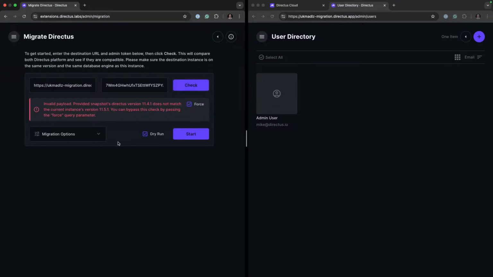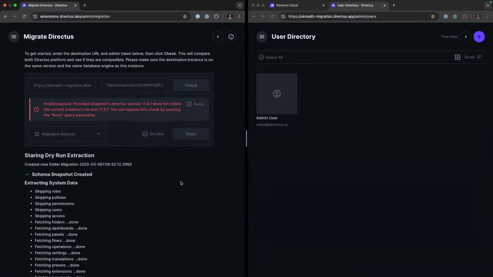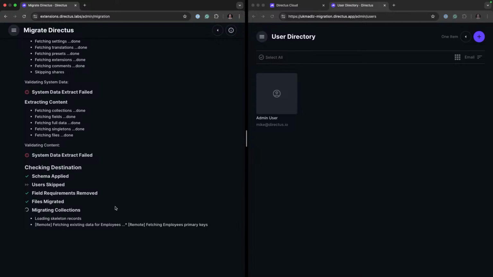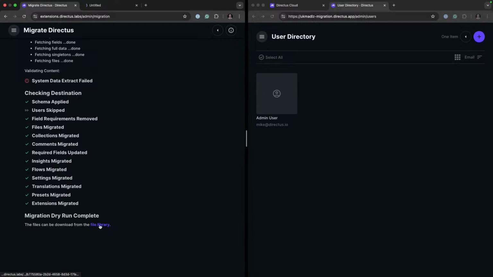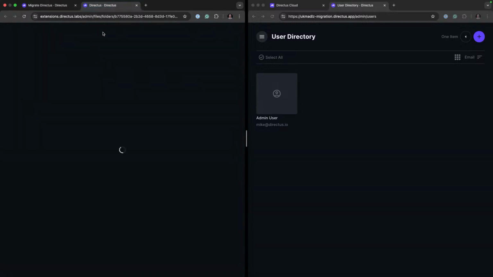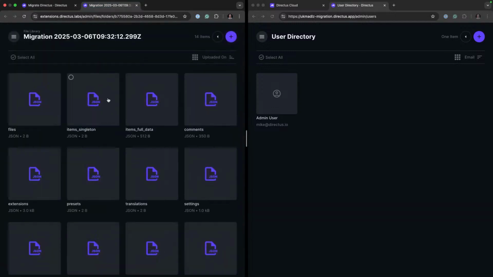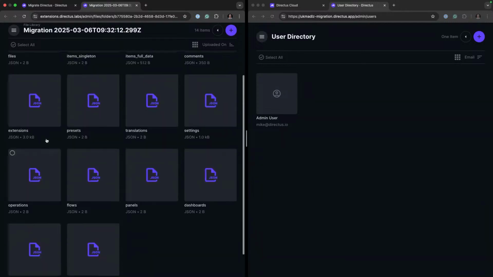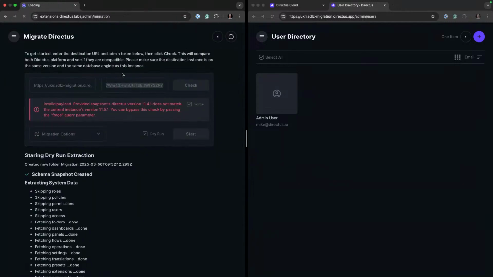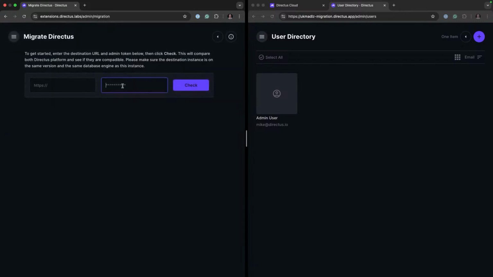So we're going to force this, and we don't want to copy over the users because I already have an admin user over in my remote. So we are now going to start the dry run, and it's going to create a snapshot and create collection options. This may take a moment. We're also able to preview every one of the files created as part of the migration, all the individual components that make it up. Now to actually do the migration, we apply our key,